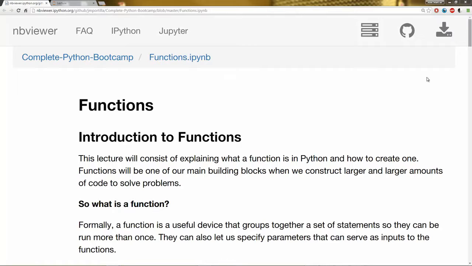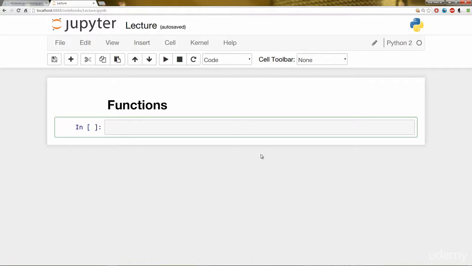Okay, so we're back at the Jupyter Notebook, and now we're going to hop over to some live code to check out the syntax. So how do you build out a function in Python? You first start off with the def keyword, and if you're using an IDE that highlights the correct syntax in Python, you should see it highlighted. And then you do a space, and then you enter the name of your function. The rules for naming your functions follow the same rules as naming variables. So I'm going to say name of function. So space, the name of your function, you can name this whatever you want, and then parentheses, colon,